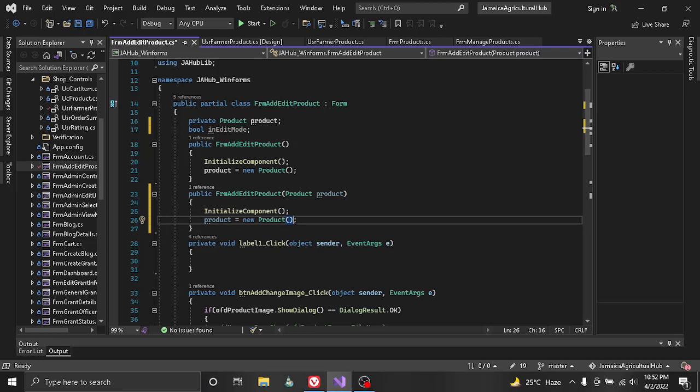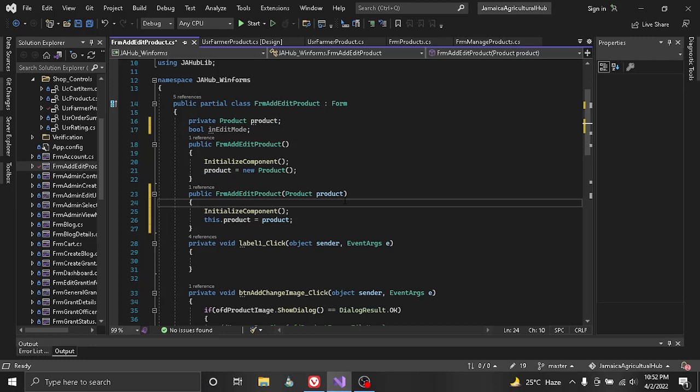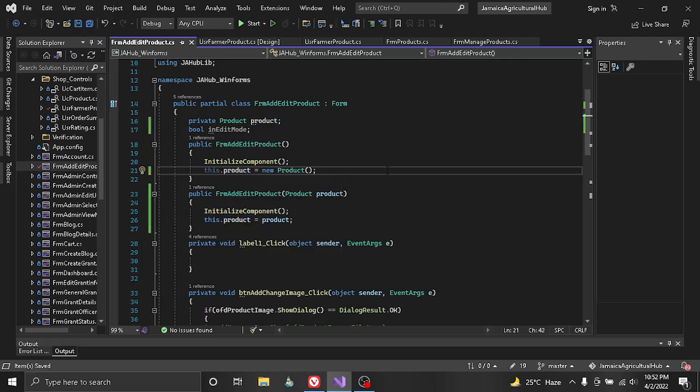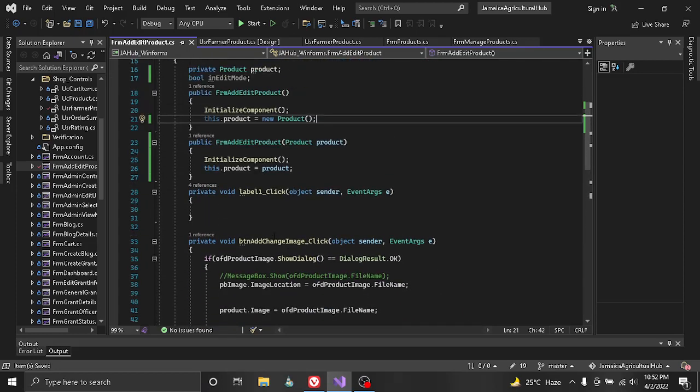Set up a new product object. Alright, so it wants us to use this keyword, and we have to go through and use of this. So all we have to do here now is